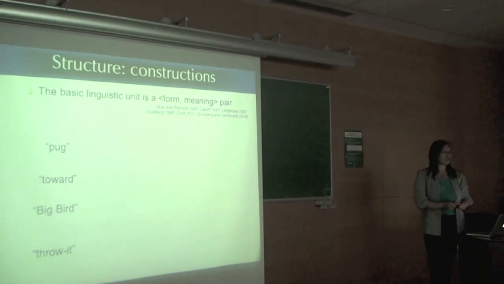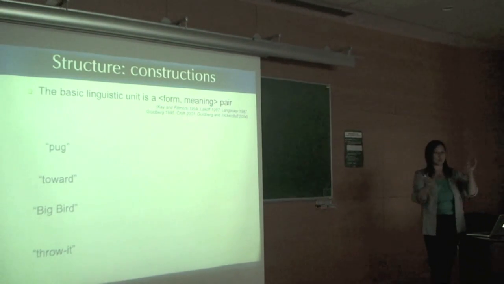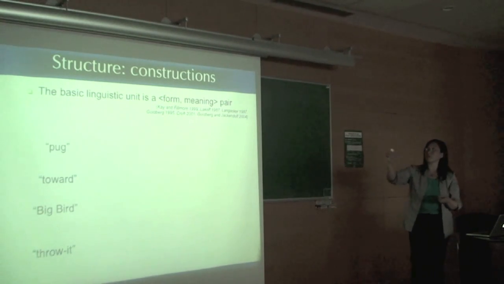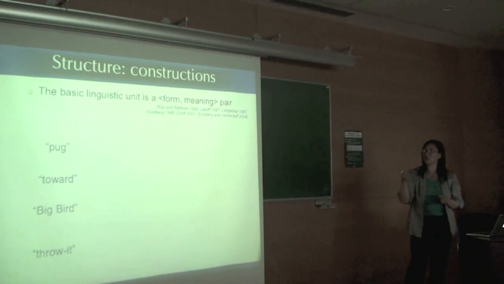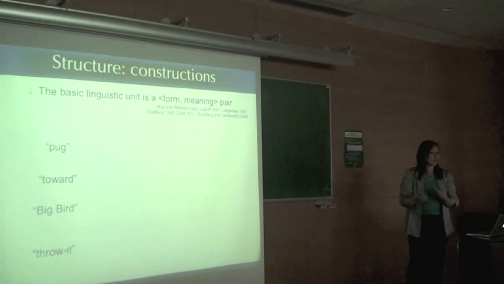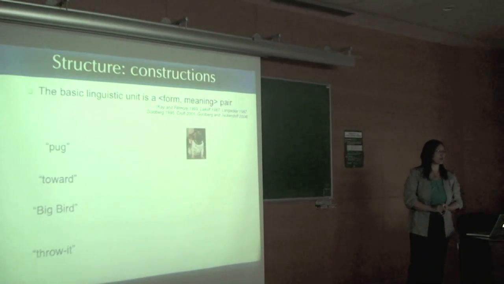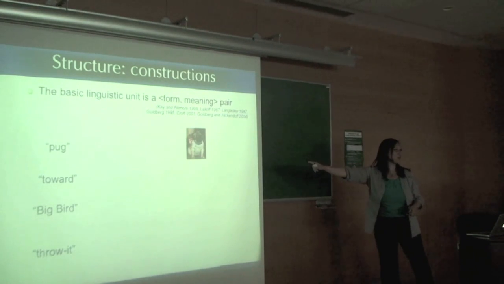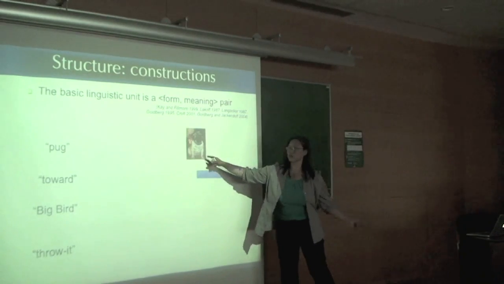So an approach to the representation of linguistic units is that instead of the traditional division where phonology and syntax and all these other things are separate, everything, words, idioms, larger bits, sentences, are all pairings of form on the one hand and meaning on the other. Let me give you some examples. Form is usually a spoken or gestural or written thing, like the word pug. Perhaps you don't all know what a pug is, but now you do, because I'm telling you that the meaning associated with the word pug is this kind of adorable dog.